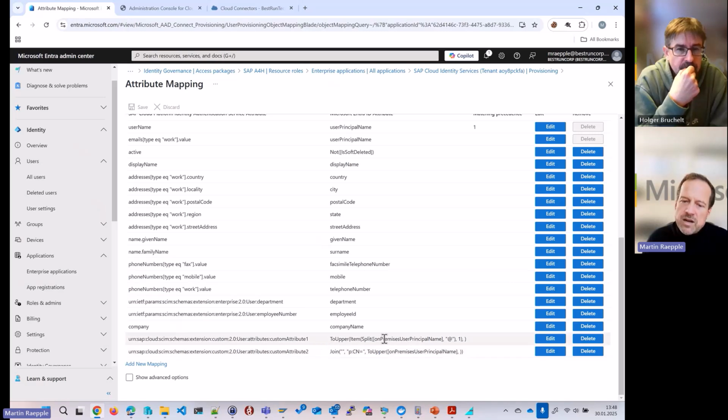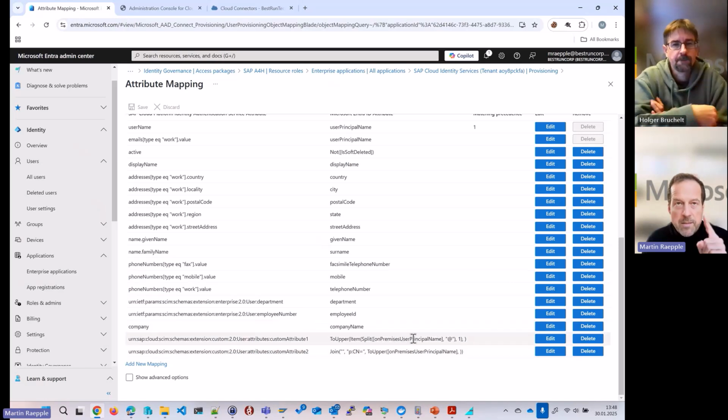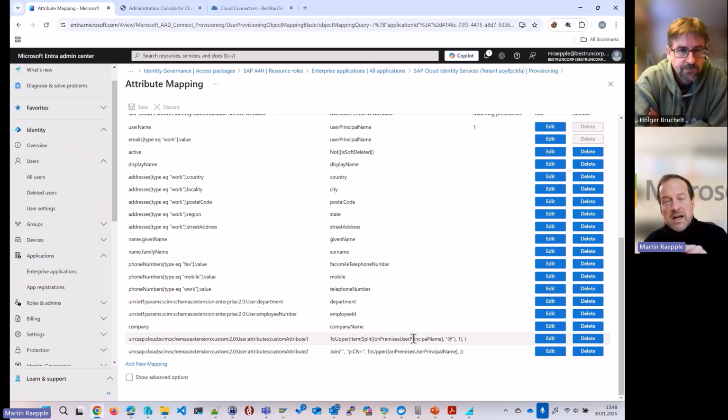And I'm using those custom attributes to do exactly what we need for the SNC-based login of that user. First of all, we derive from the on-premises user principal name. Remember, when I created that user in AD, I gave the user the name t-test, so t-test at the corporate domain.